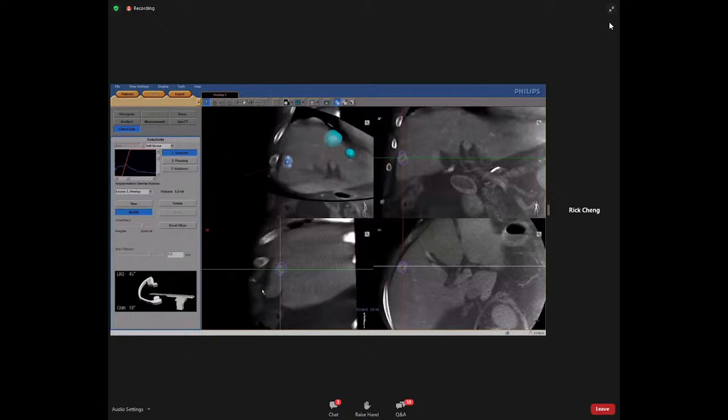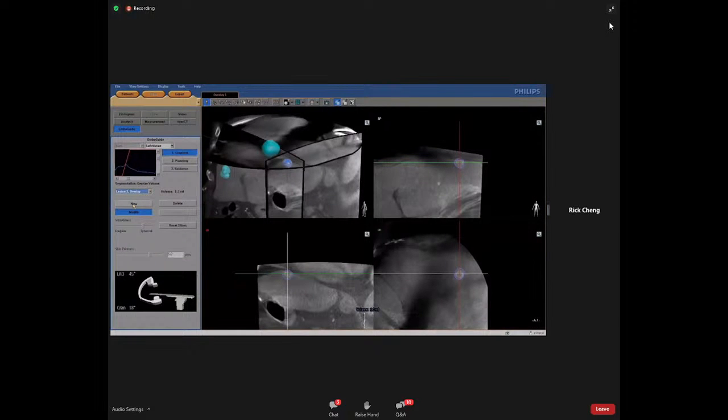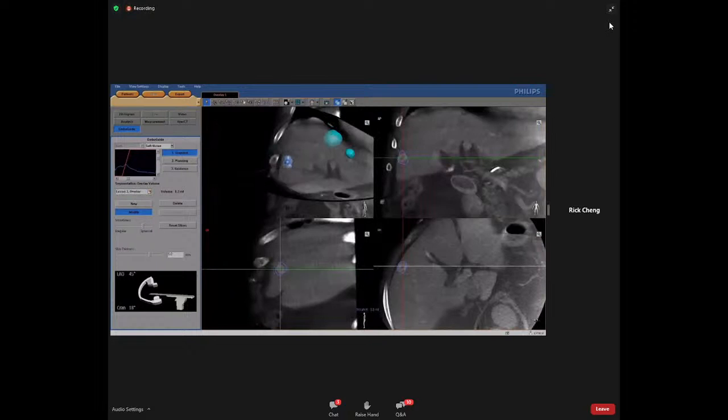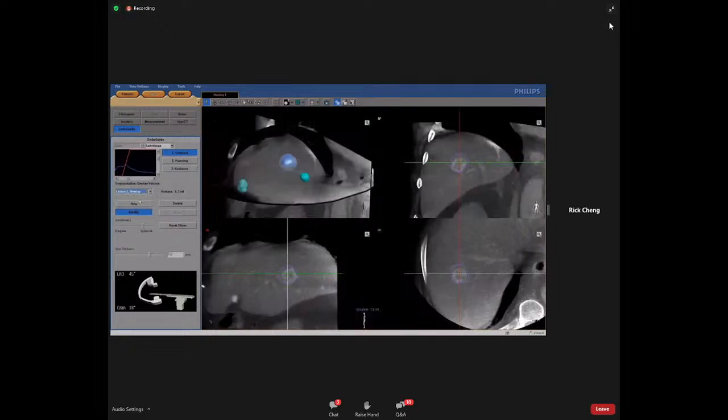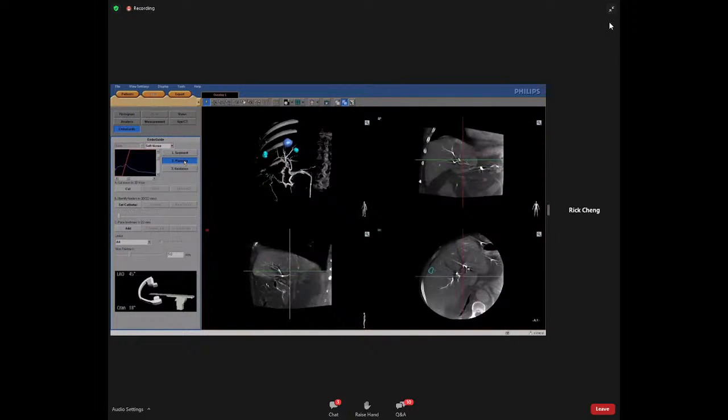Scroll through the cone beam CT volume to check if all regions are segmented properly. It's a good idea to check the segmentation in all the different planes. Zoom in on the lesions and check if they are properly covered by selecting a single lesion. When all lesions are identified, proceed to the planning step.